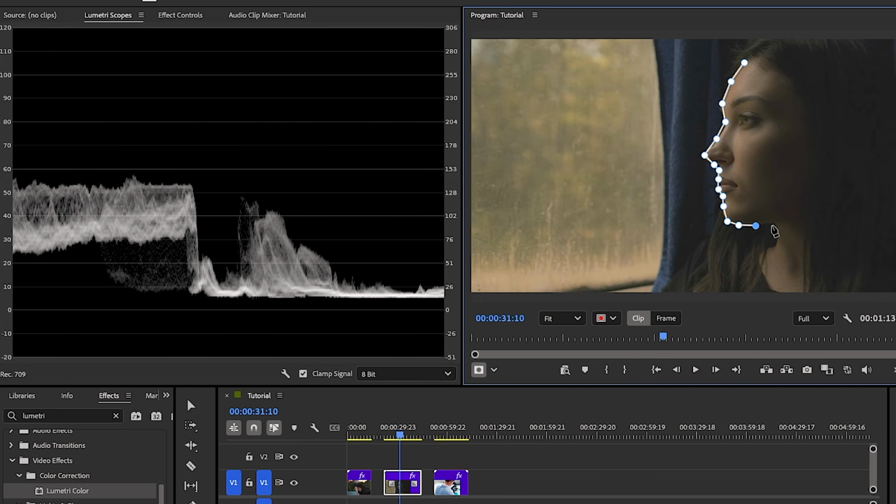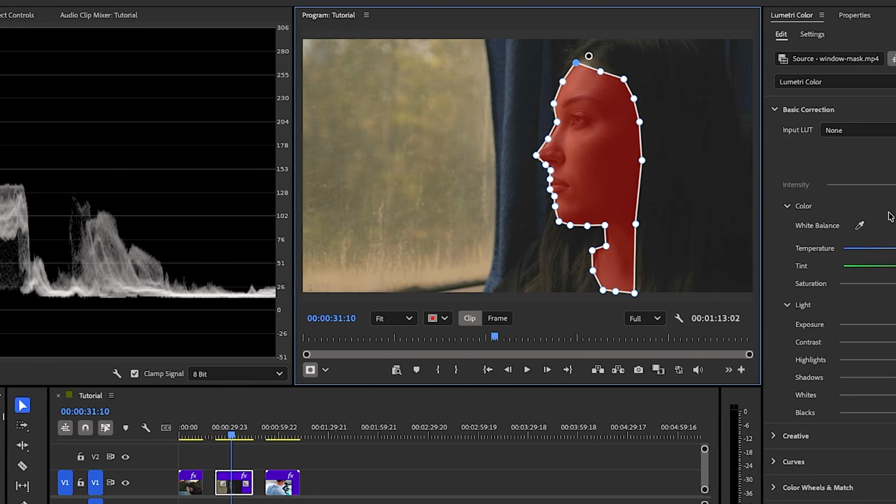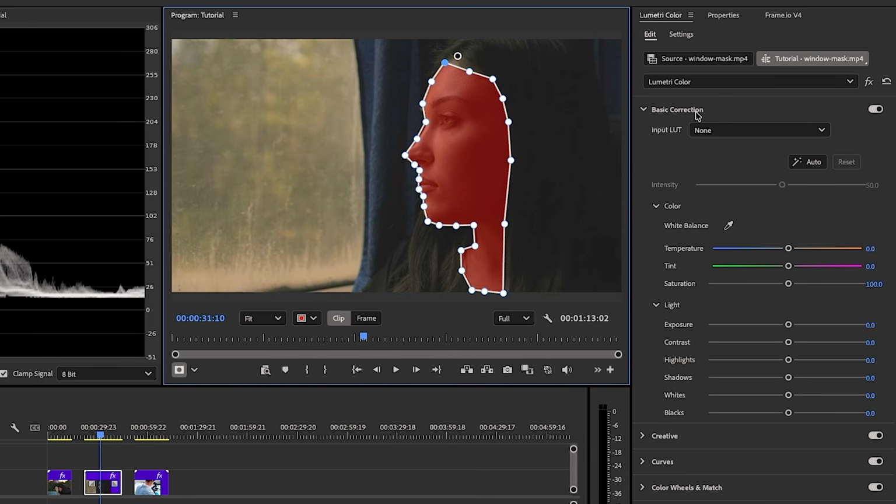I'm leaving out her hair and her shirt because it is just her face that I want to be able to get more detail out of here. Now that I have that selection made, I'm going to come over to my Lumetri color panel, and underneath basic